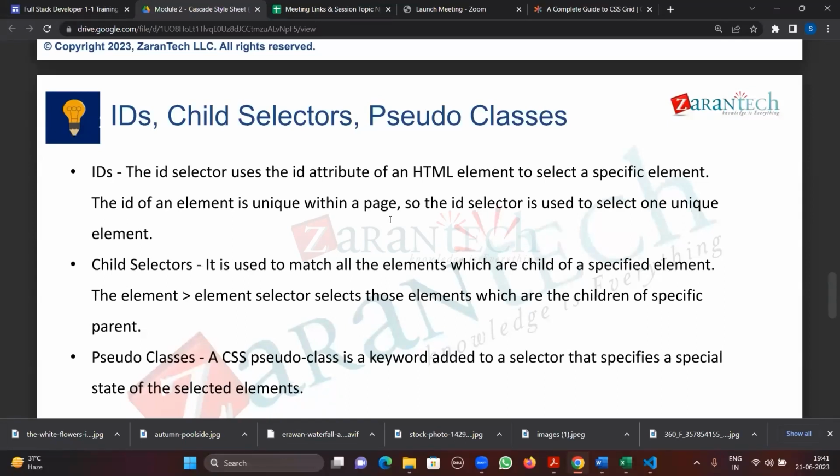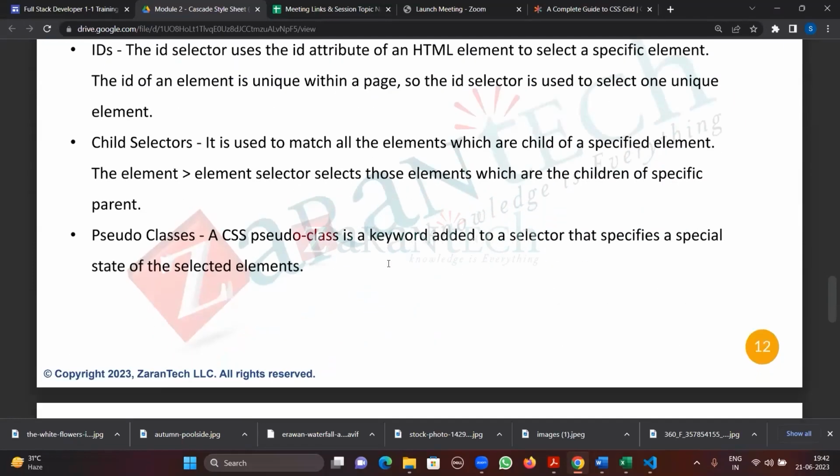If you want to style a particular tag nested like that, you can use the selector with the greater than sign. That is a child selector. And a pseudo class comes with a colon followed by the class name, like :hover, :link, :visited, like this. I'll show you the example. That is called